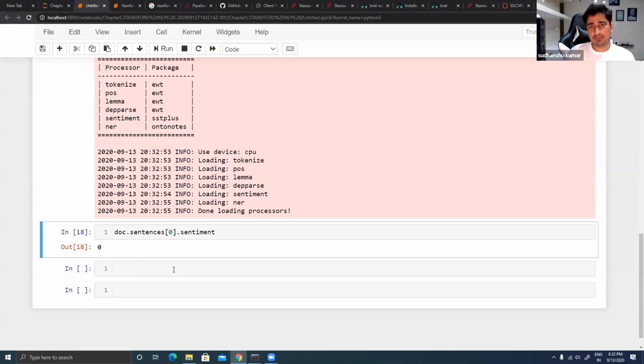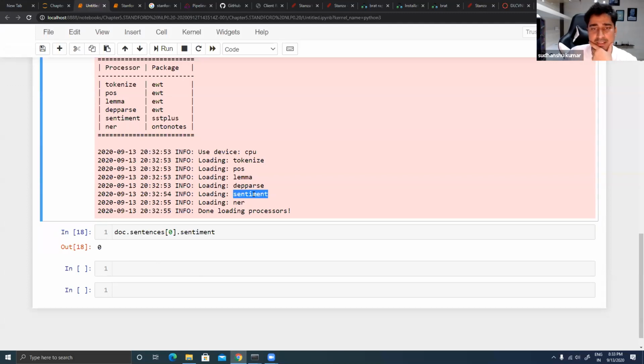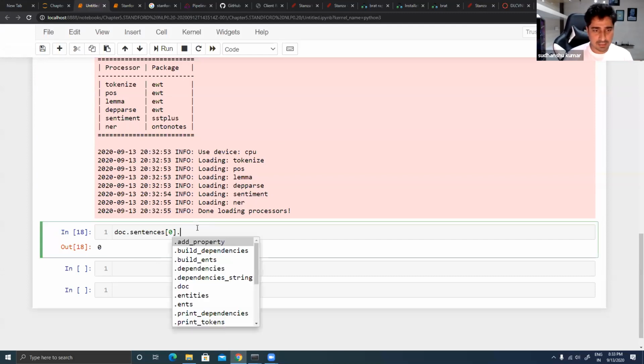So for any kind of data, if I would like to find out the sentiments, I can find out the sentiments. These models are already trained on top of those things, so I will be able to get the sentiment. If I have to do a sentiment analysis, instead of building a sentiment analysis model, I can just call this model. I will be able to get the sentiments. There won't be any kind of issue, right? So yes, this is something that we can do. And apart from this, there are many things I can try to do.